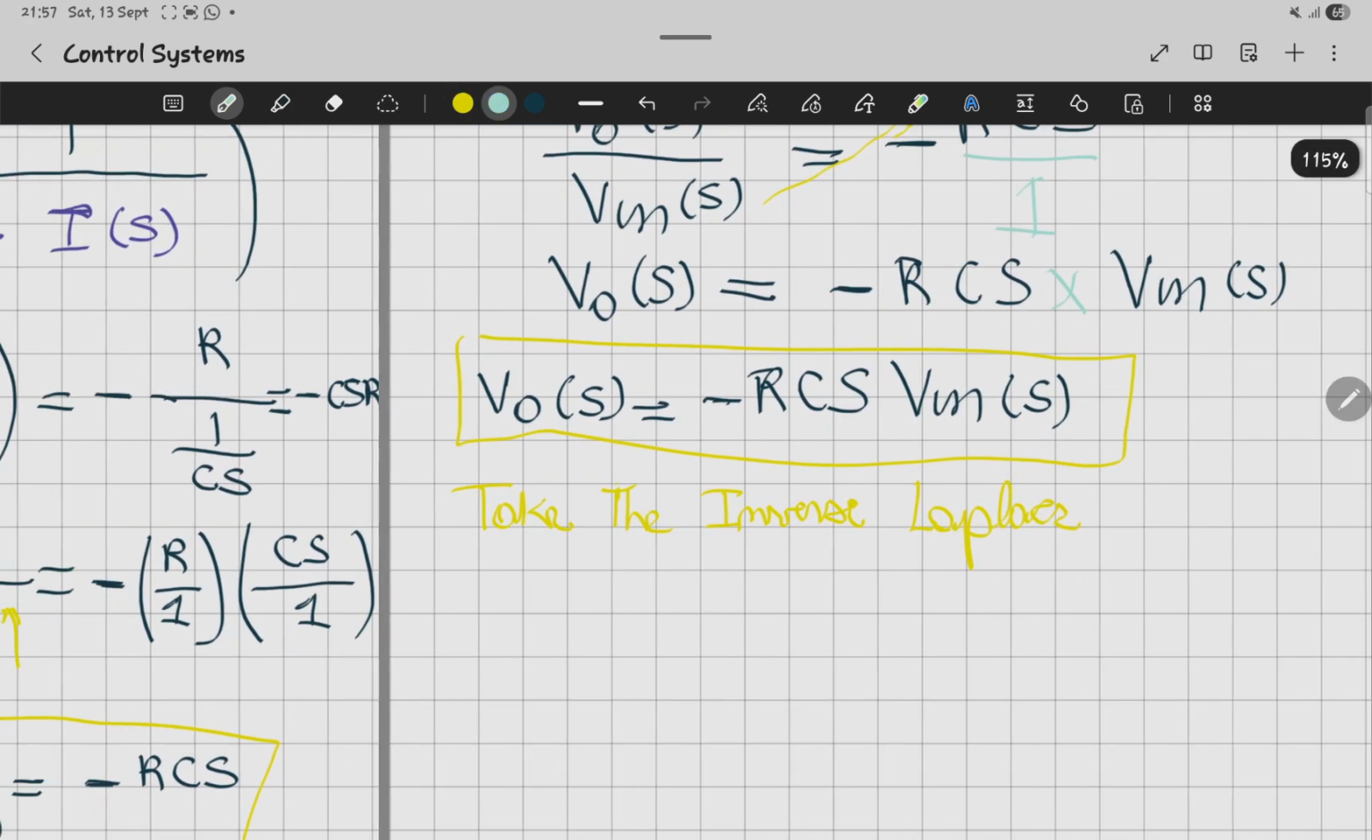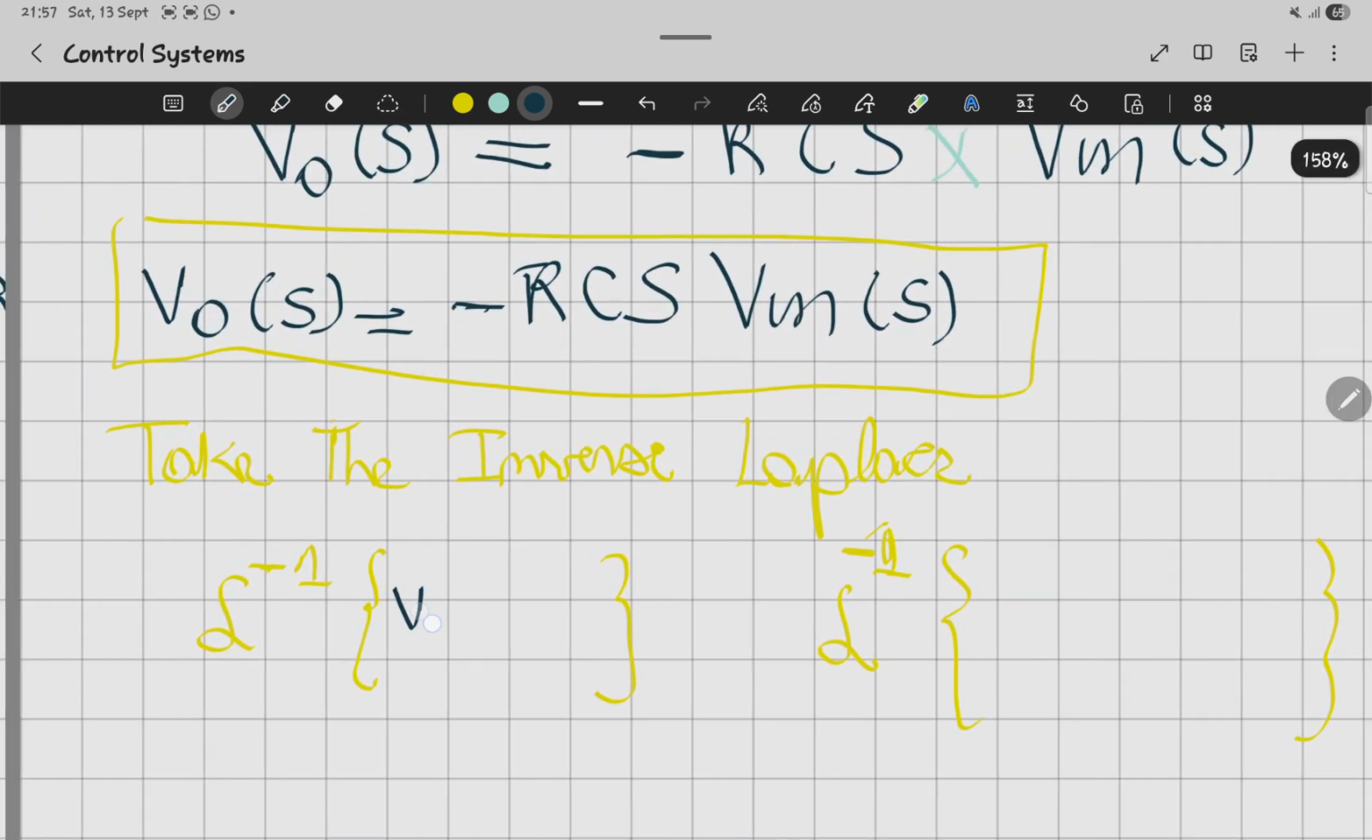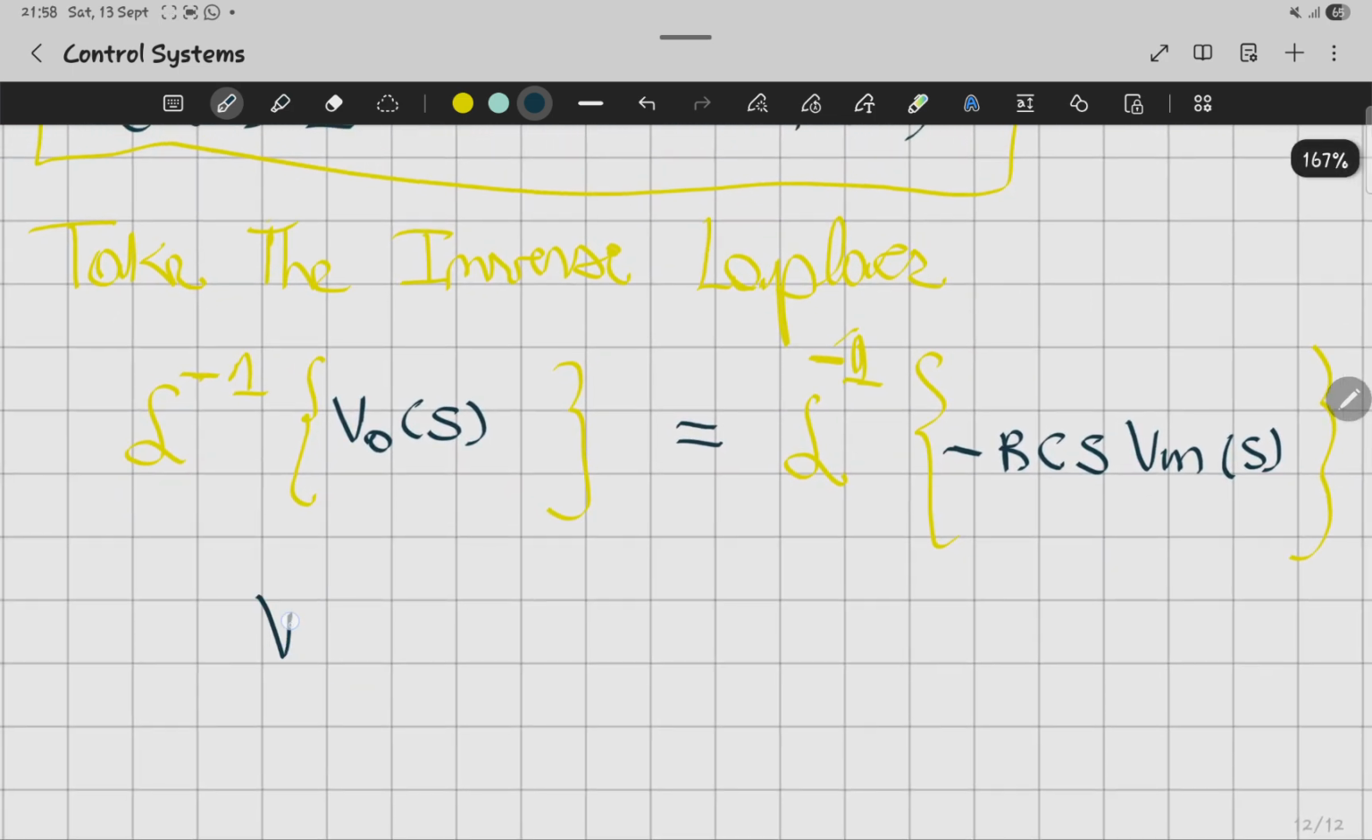Okay, so when you do that, you have your Laplace transform, and you can have the Laplace transform of the other side. So you have something like this: Vo is equal to negative RCS Vi of S. So this will give you Vo of t in time domain, negative